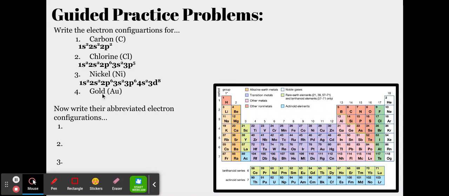Now for the last example, gold, this one's pretty far down the periodic table. So it'll be 1s2, 2s2, 2p6, 3s2, 3p6, 4s2, 3d10, 4p6, 5s2, 4d10, and then 5p6, 6s2,